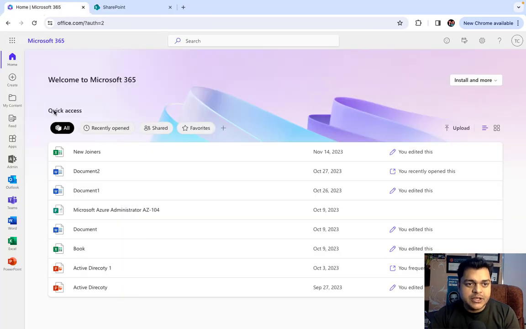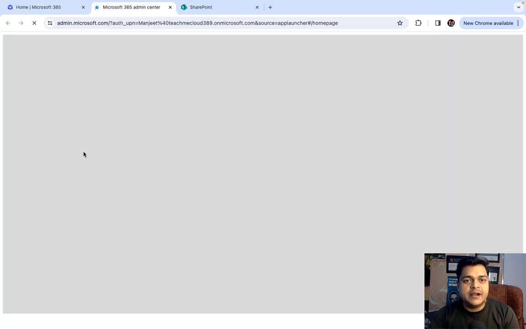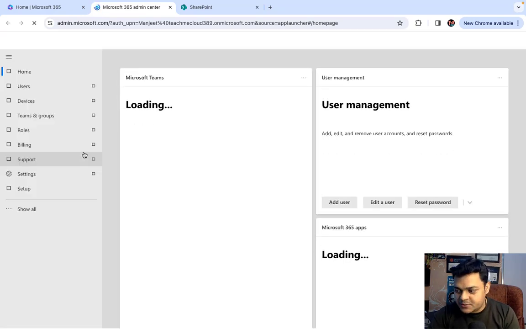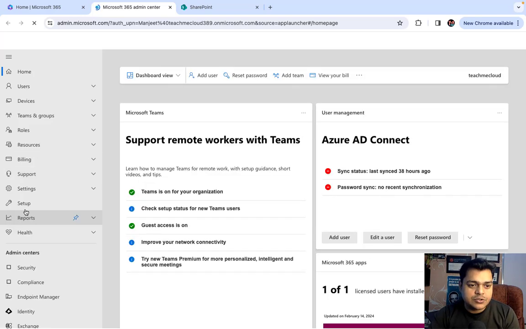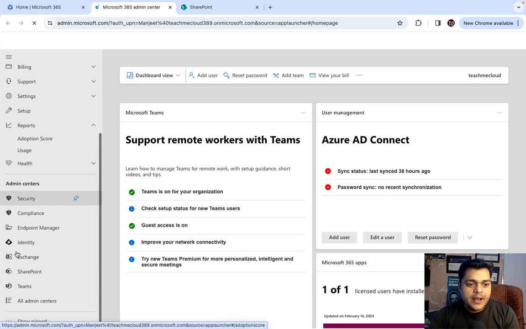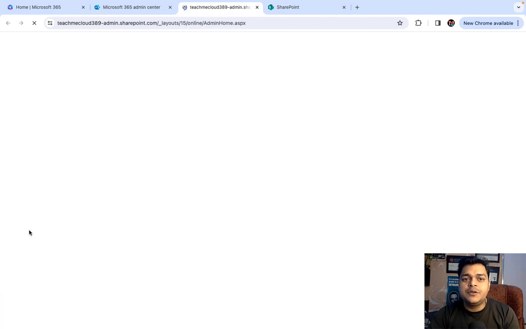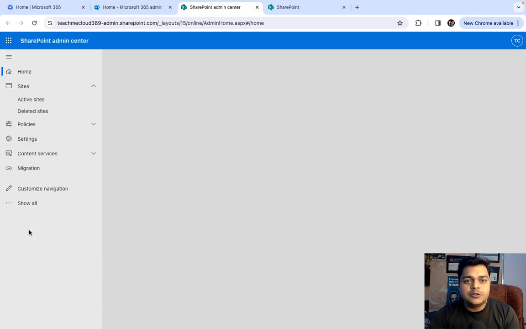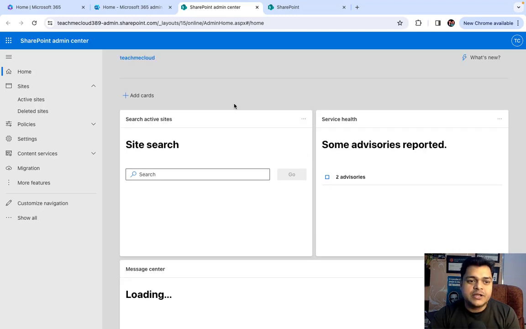If you proceed, you just need to click on admin, and under the admin center we'll find the dashboard of Microsoft SharePoint admin center. We just need to click on show all and click on SharePoint. It will redirect you to the SharePoint admin center page, which helps you to manage, modify, provide security, and also gives you the option to manage and configure the existing sites